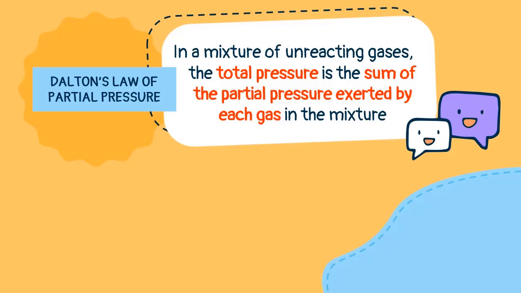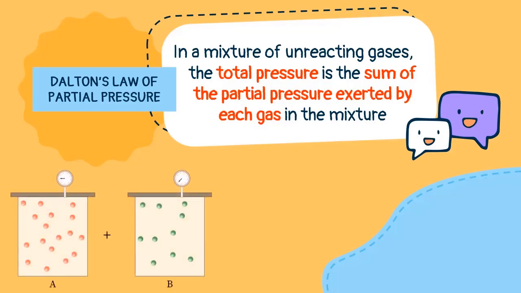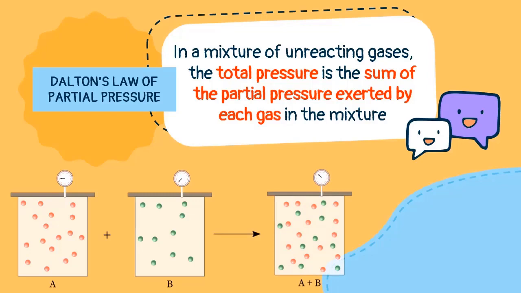If we take two different gases which behave ideally, called A and B, then we mix them together, becoming A plus B. Do you think they will react with one another and show new properties? This is the special case for ideal gas. As long as these gases do not react with one another, the pressure that each gas exerts in a mixture of gases is specific to the amount of that particular gas present, just like in an individual vessel. We will call the pressure of a specific gas the partial pressure.